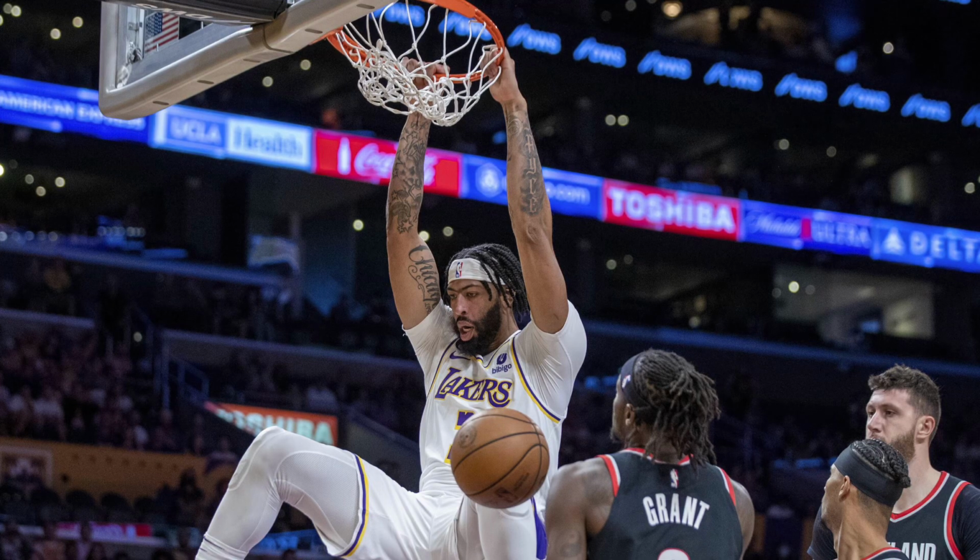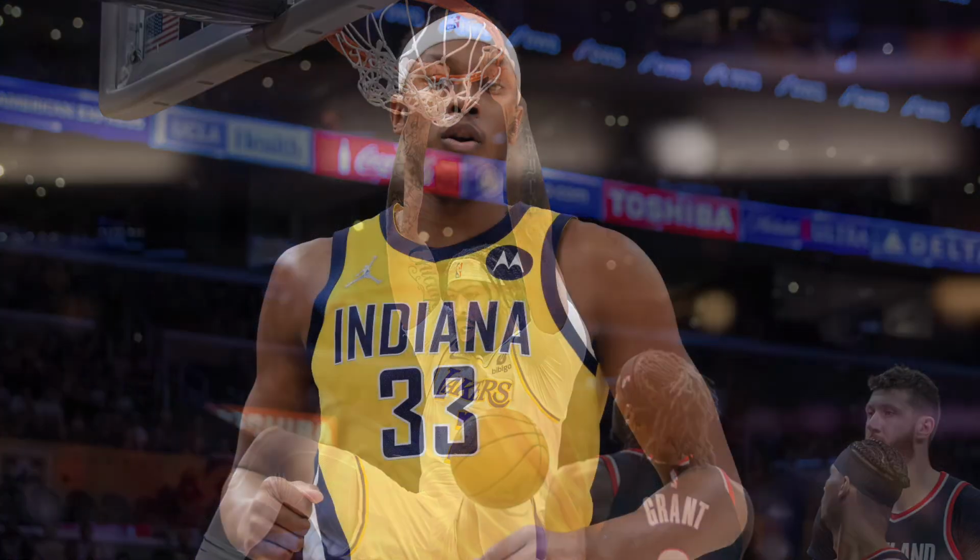Third and final center I look to sell and trade this week is Miles Turner of the Indiana Pacers. So another good year here for Turner, no doubt about it. 17.2 points a game, 7.3 rebounds, 1.3 assists, 1.9 blocks, 1.3 threes a game, and 52% from the field. So Miles Turner, we know he's a good shot blocker. We know he's been pretty efficient from the field, and he's a good 3-point shooter as well for a big